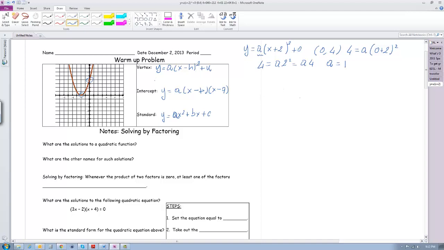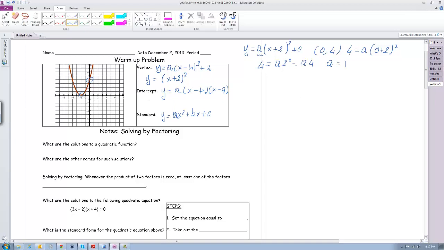So we can write our vertex form of the parabola here, and that would be y equals 1, or we can leave it blank, times (x plus 2) squared. Now, what about the intercept? Well, first of all, we know that a is 1, so we don't need to calculate it again. The only thing that we're missing are p and q, but we know that p and q are the